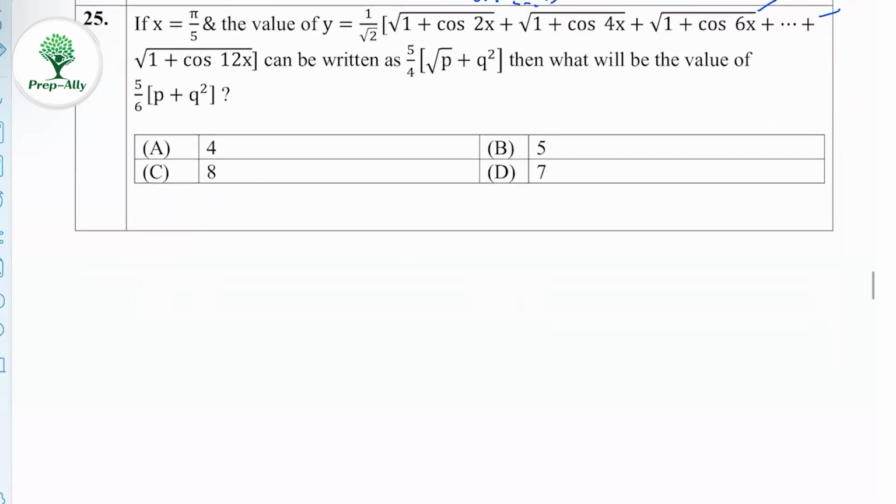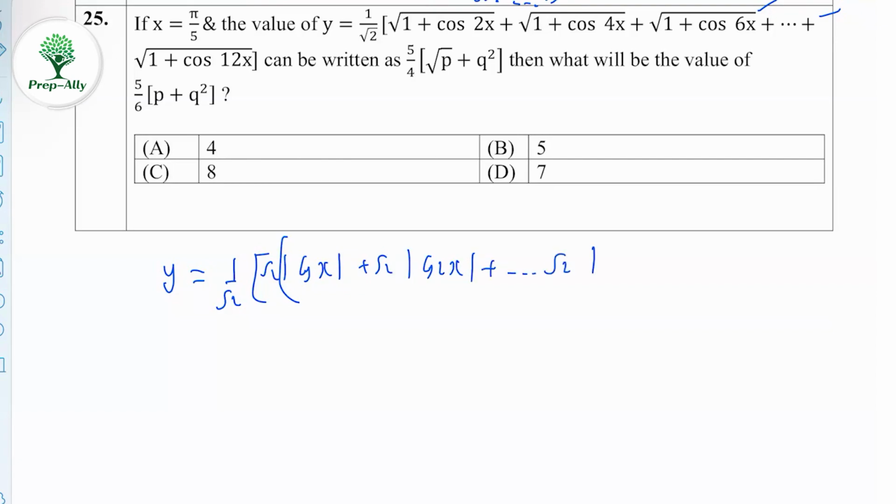Question 25. Root of 1 plus cos 2x. Root 1 plus cos 2x is what? It will be root of 2 cos square x, so root 2 mod cos x. Similarly, root 2 mod cos 2x and so on, root 2 mod of cos 6x. Root 2 will get cancelled, so y is equal to mod cos x plus mod cos 2x and so on,